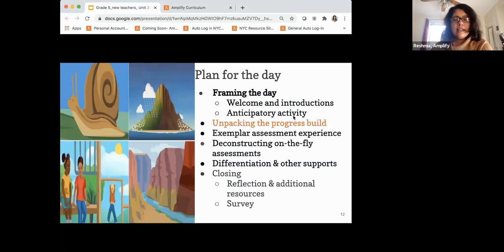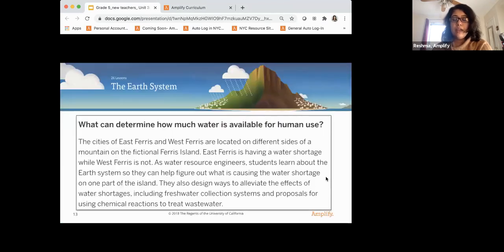So as I said, this particular session is focused on Unit 3 of Grade 5 through the lens of the assessment system, focusing on formative assessments. In order for us to gain a deeper understanding on how to elicit, interpret, and gather the data about student learning, we need to know, what are we having kids figure out? And in Amplify Science, we do that through the progress build. But before we